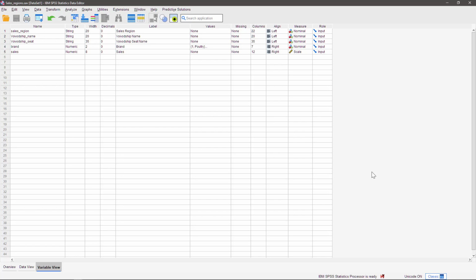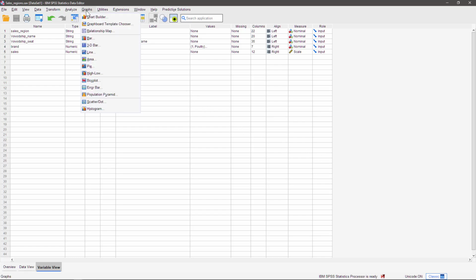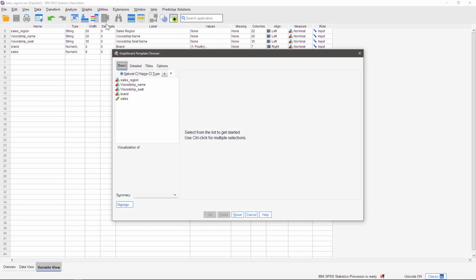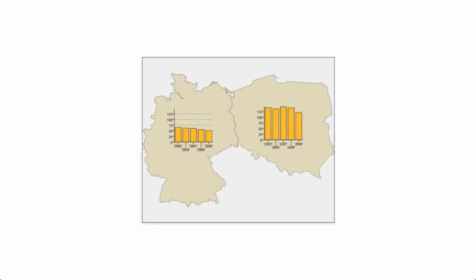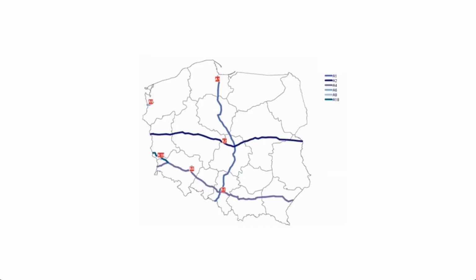Let's open the dataset. Our main goal will be to present the sales data on a map. To display data on maps, go to the Graphs menu and then to Graphboard Template Chooser. In general, map visualizations in PS IMAGO PRO can be divided into three groups. Choropleths, which are maps where individual regions are colored according to the value of a selected statistic. Maps with overlay objects such as points, pie charts, and bar charts. Maps with reference maps, which allow you to overlay two maps, such as overlaying a road map on a voivodeship